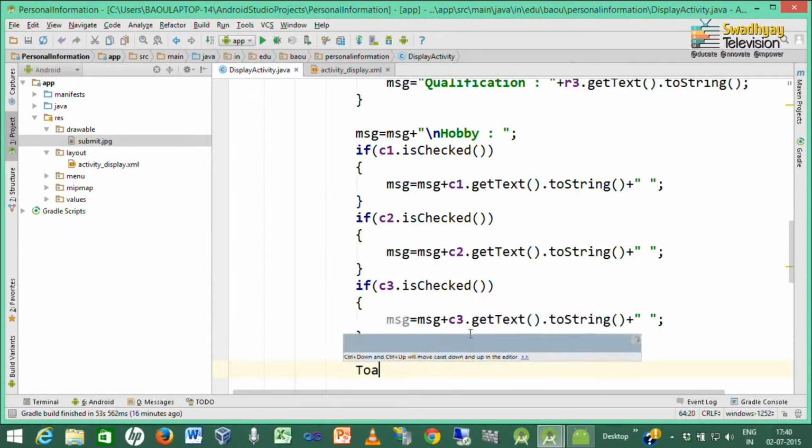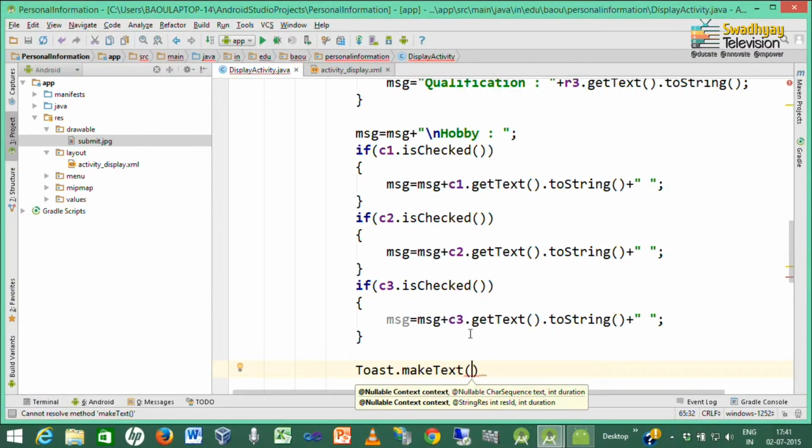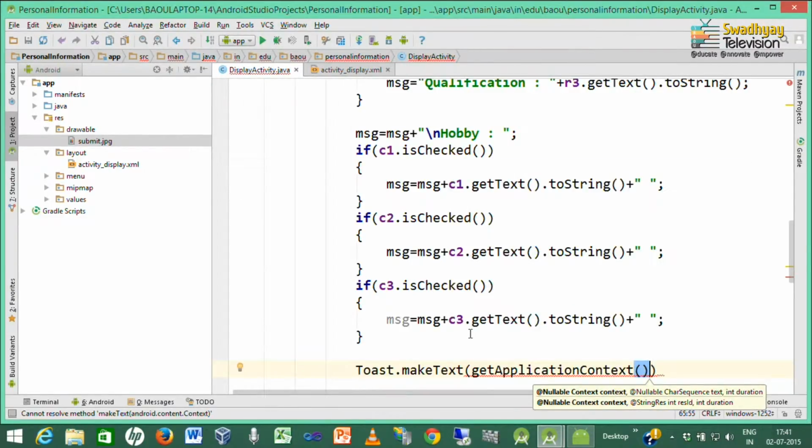So, we write Toast.makeText. Now, Toast is the name of a class and makeText is a static function, so we can call it by class name. Now, the first argument is a context. So, whenever a context is required, we use getApplicationContext, then we have to give the text message we want to display. In our case, it is msg or message, and the last parameter specifies how much time